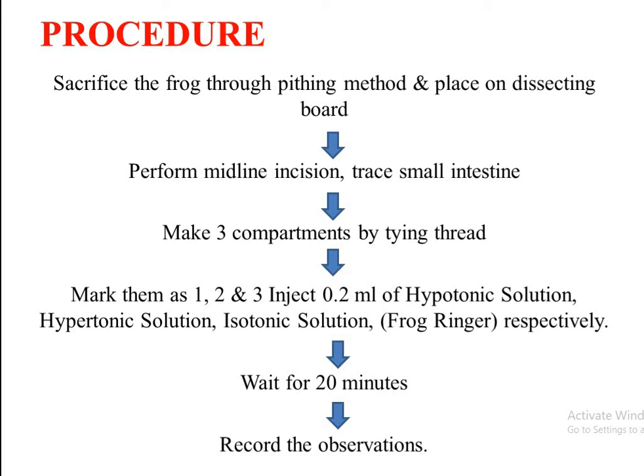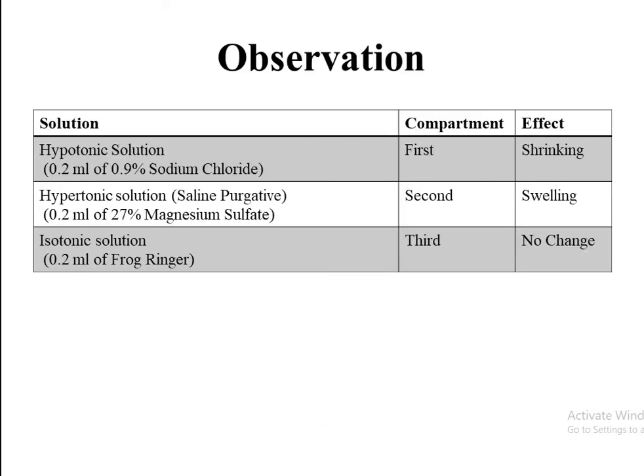So in the first compartment we will add hypotonic solution, in the second compartment hypertonic solution, and in the third compartment isotonic solution, that is frog Ringer solution. We will wait for 20 minutes and see the effect of these different solutions over the different compartments. We observe that after administering the hypotonic solution, the compartment of intestine shrinks, while